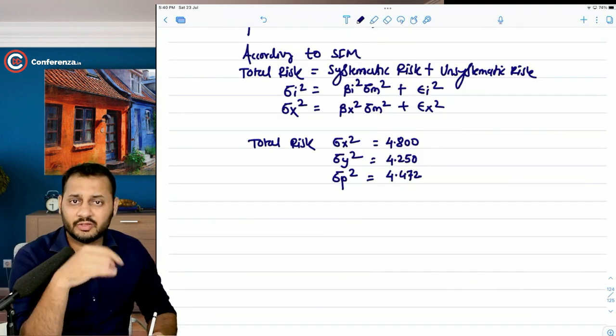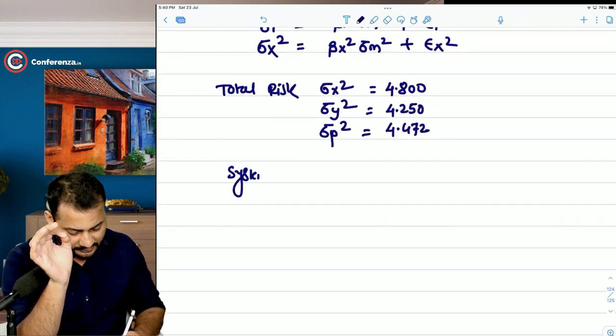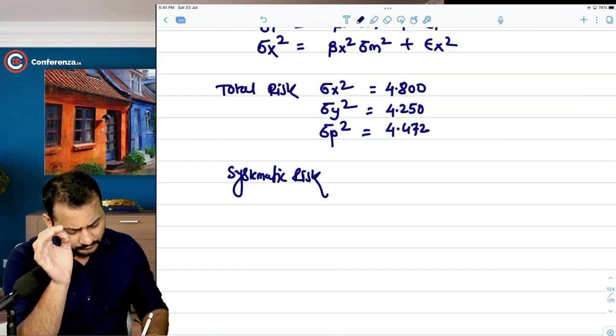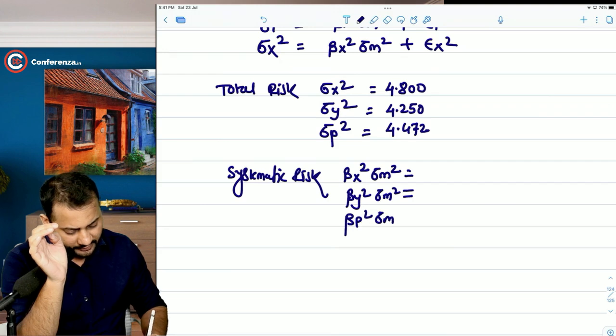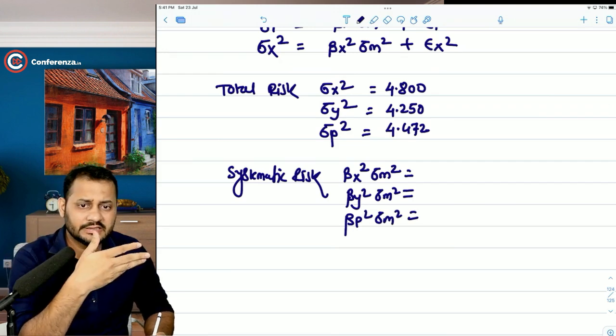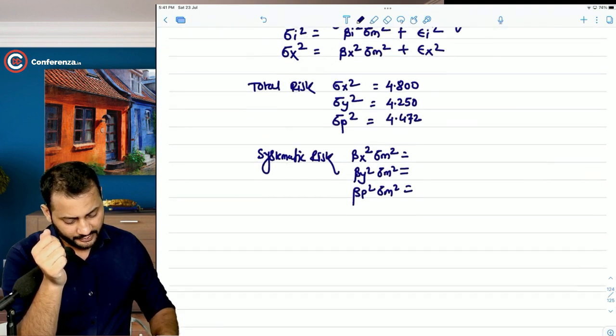From this risk, we are going to deduct the systematic risk. Now, let's calculate the systematic risk. Beta x square standard deviation of m square, beta y square standard deviation of m square, and beta p means the portfolio square standard deviation of m square. Isn't that easy? Okay, so beta of x 1.087